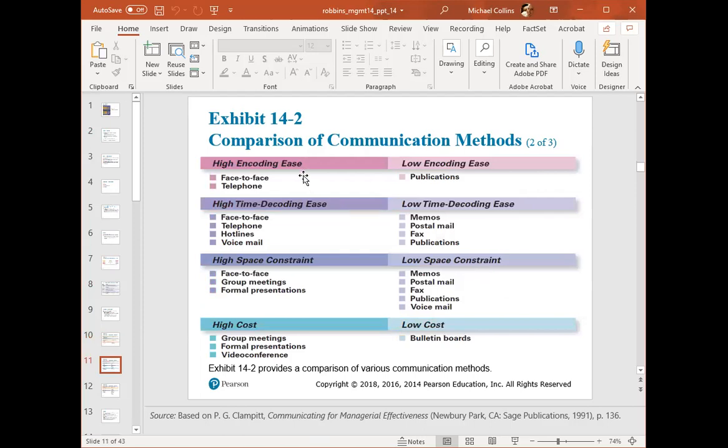High encoding ease, one would be telephone. We're going to stay away from face-to-face just because it keeps on being mentioned. High decoding ease, telephone, voicemail, meetings. High